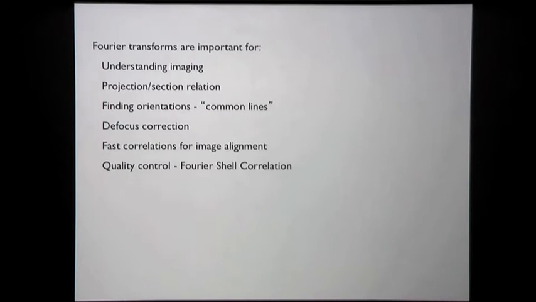When you put particles in different views together, you've got to find their relative orientations. You have to do defocus correction. I'll come on to this later. They're technically important because they give you a very efficient way of doing image alignment and correlation. And they're important also for analysing how well you're doing, how good is your map at any given stage of the processing. So Fourier transforms are really central to a lot of the aspects of understanding and using the microscope